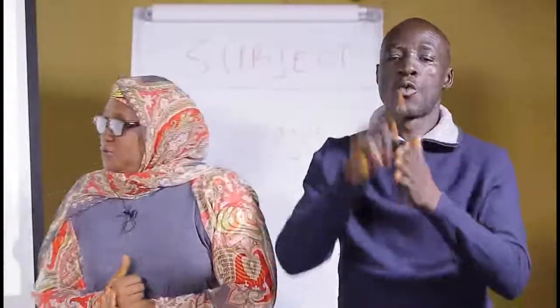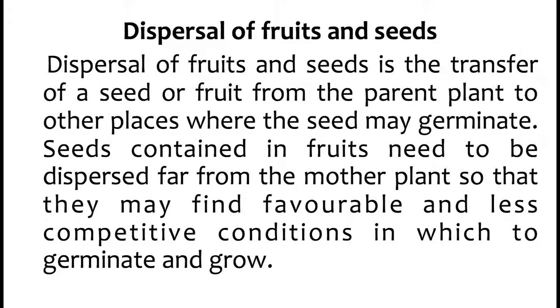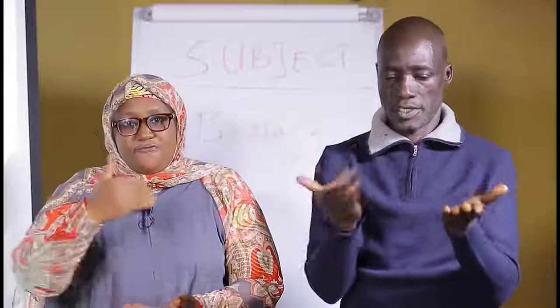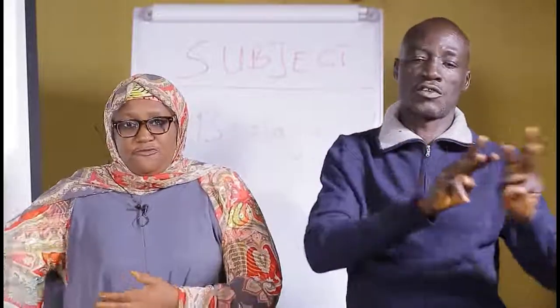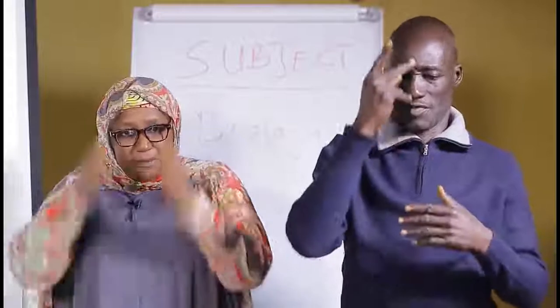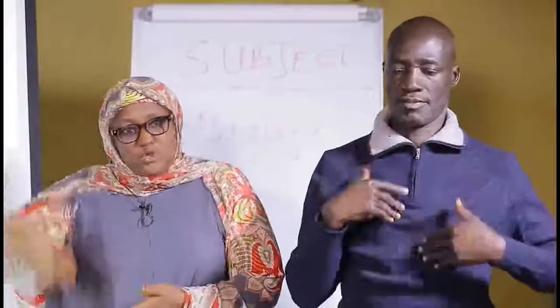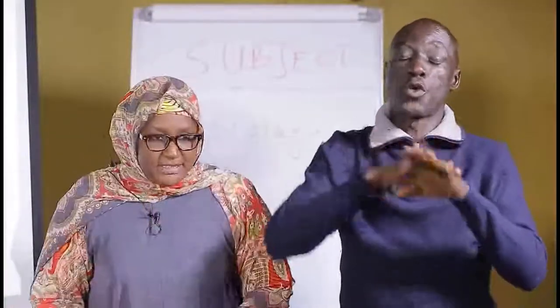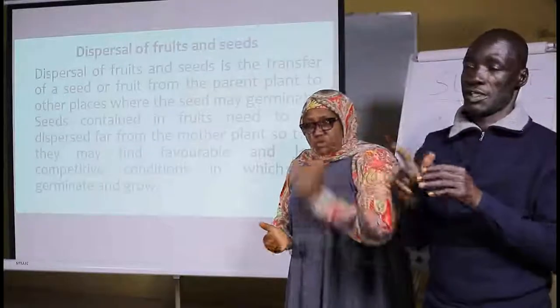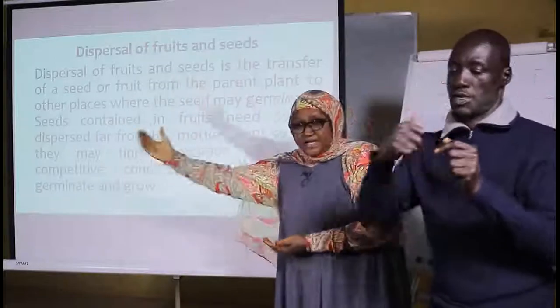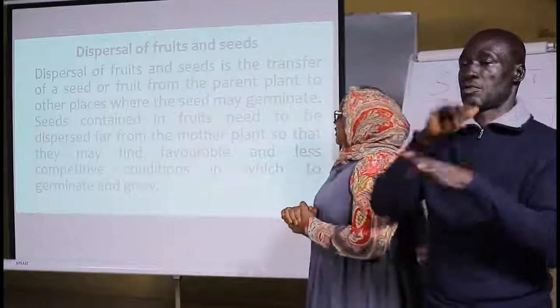What is dispersal of fruit and seeds? By definition, dispersal of fruit and seed is the transfer of seed or fruit from the parent plant to another place. What we mean here is for seed and fruit to be transferred or moved from the body of the parent, that is the plant. If it is a mango tree, for you to move the mango fruit from the body of the plant to another place, that is what we mean by dispersal. I will take it again. Movement of seed and fruit from the parent plant to another place, that is what we mean by dispersal of